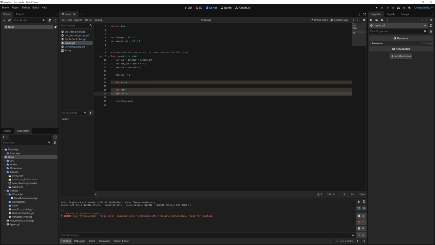If I now write my rest, 4 divided by 2 is going to be 2 with the remainder of 0. So if I print now, I'm going to have